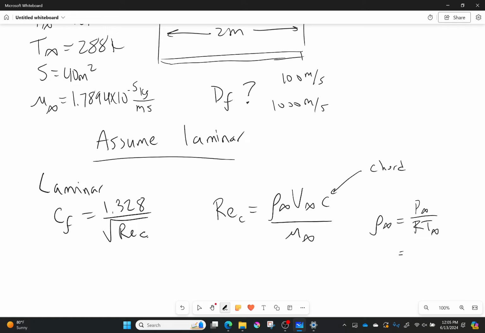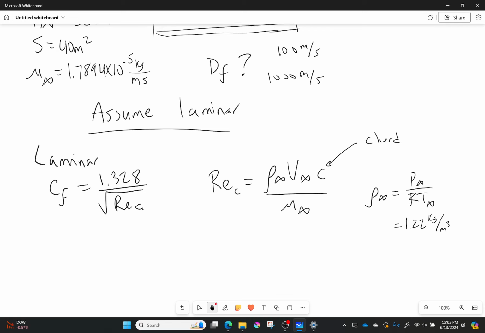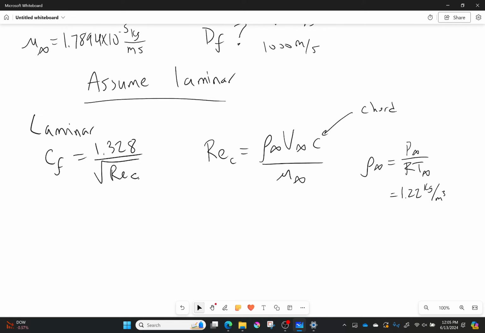And so that will be equal to 1.22 kilograms per meter cubed. And so that is enough to plug in here and get my Reynolds number. So this is going to be equal to 1.22 kilograms per meter cubed times my velocity. I'm going to do it for 100 meters per second first,